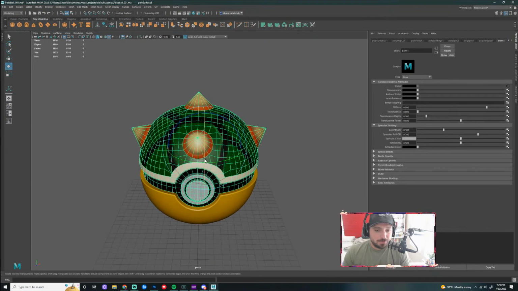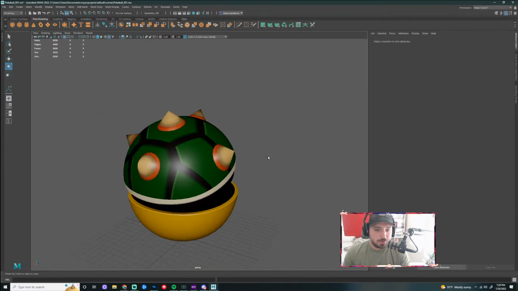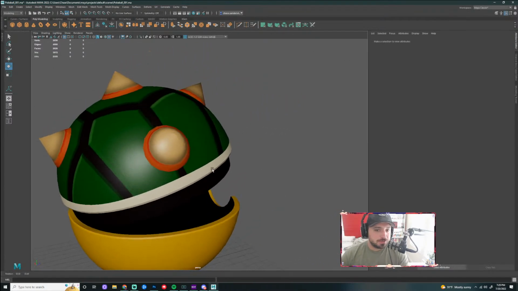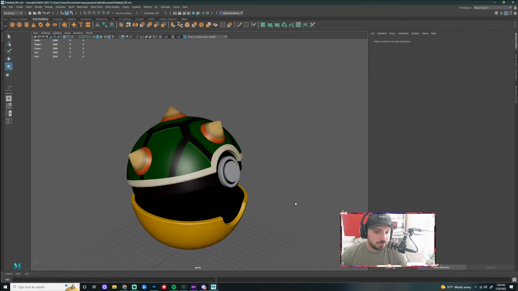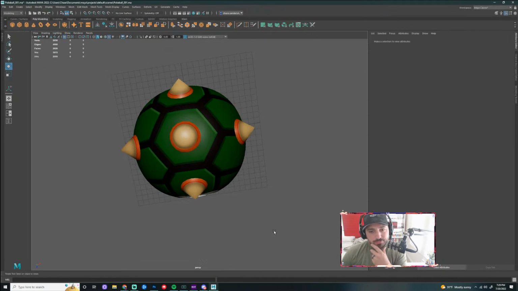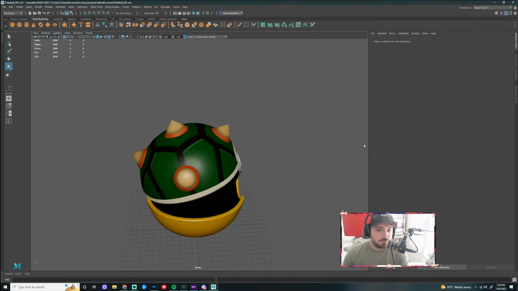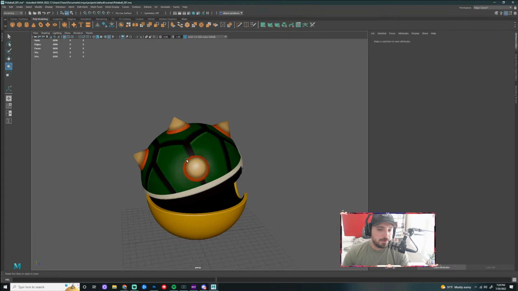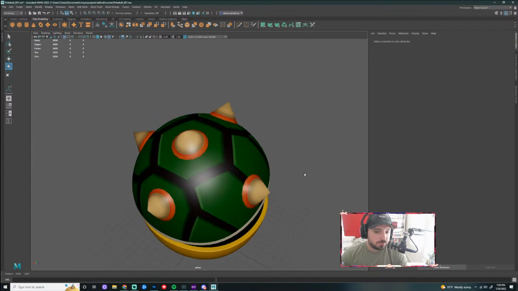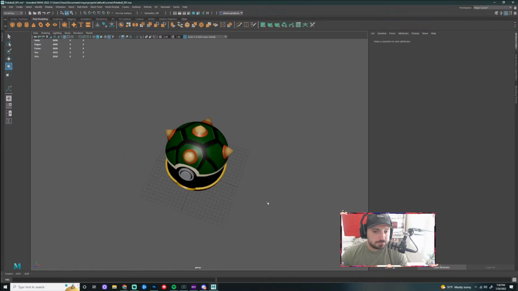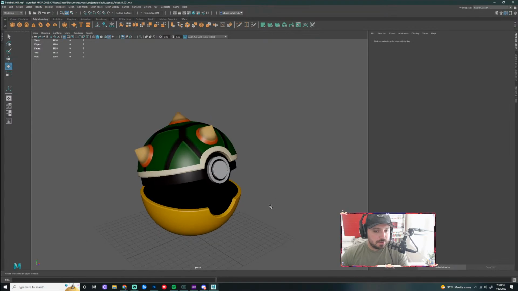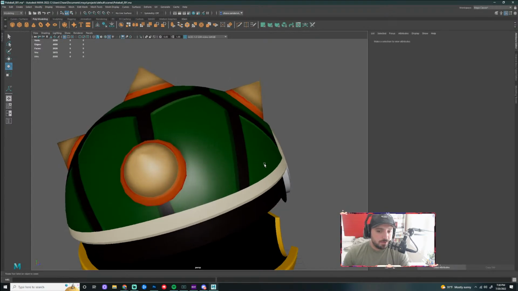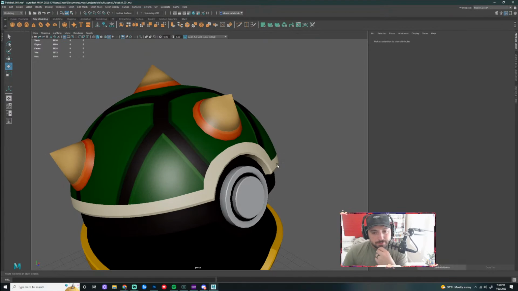Okay, you do not need to go to the extent that I went to paint this Pokeball. If you want to, you can. I was just trying to show you that you could do something fun, right? Change it up from just the base Pokeball that you normally see all the time, right? So if you want to do something like this, you can go for it. If you'd rather do something more along the lines of the original Pokeball, you can do that too. Okay. I just want to see you guys paint it and get it applied properly to the ball inside of Photoshop or inside of Maya.